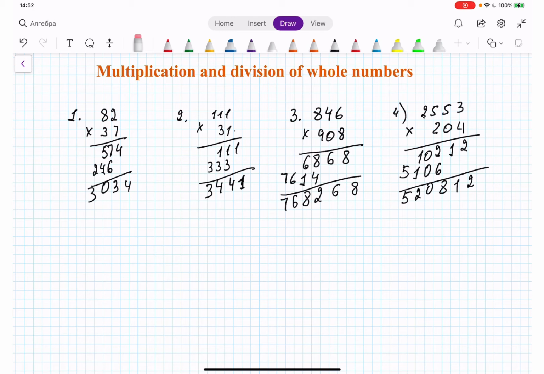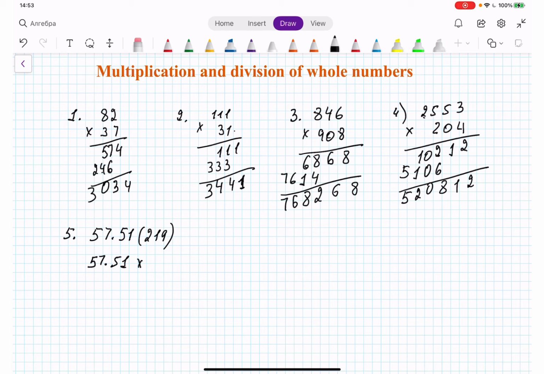Next question, number 5. Multiply 57.51 multiply by 219. I have to admit, I don't like this type of notation because it's very much confusing. It should be, I would rewrite it